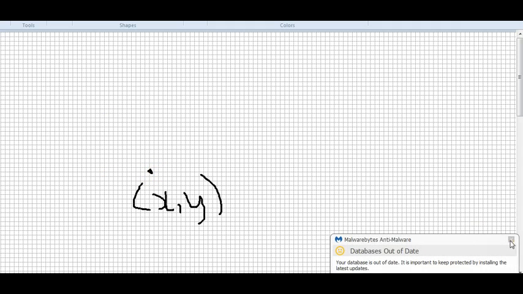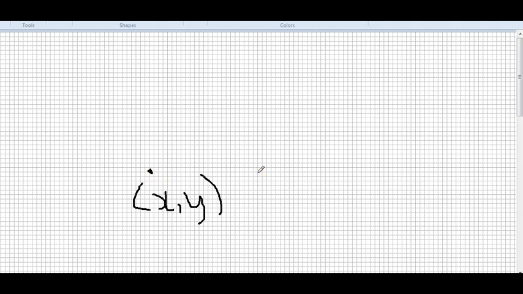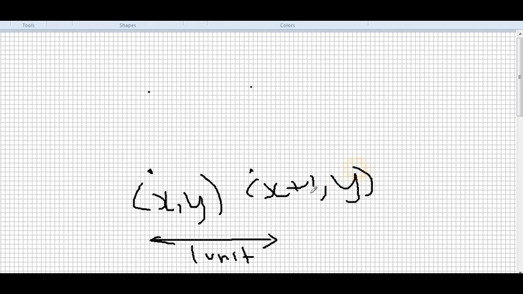And so then we need the next points in this order. If length of 1 unit is this much, we need points in this order. Second one right here, third one right here, the last one right here. So this length is 1 unit. So this will be x plus 1 comma y,